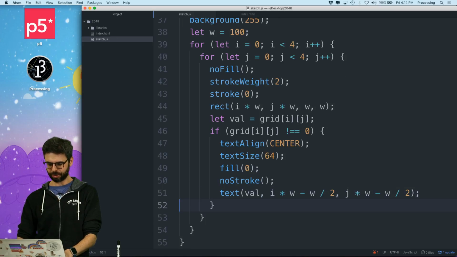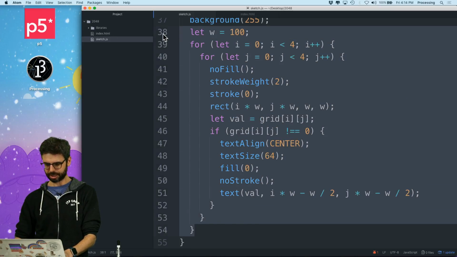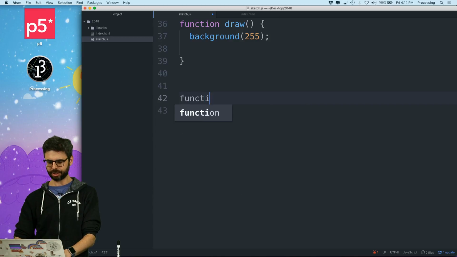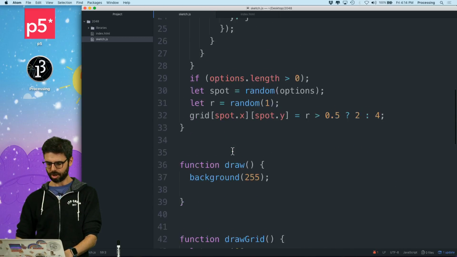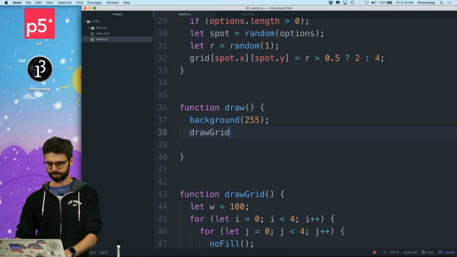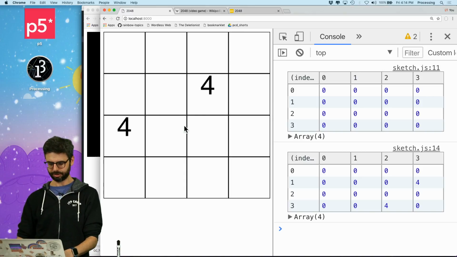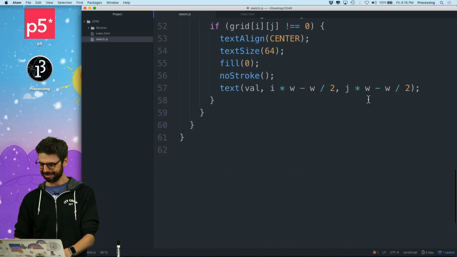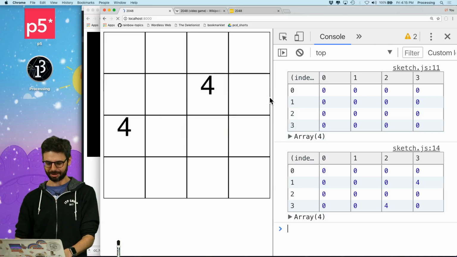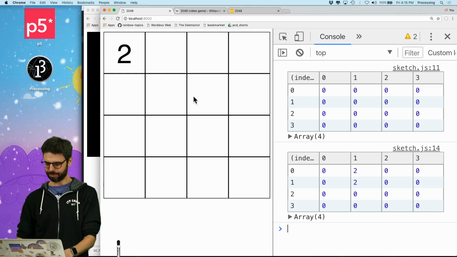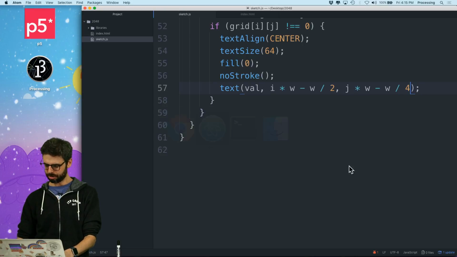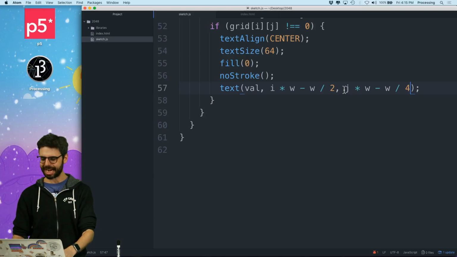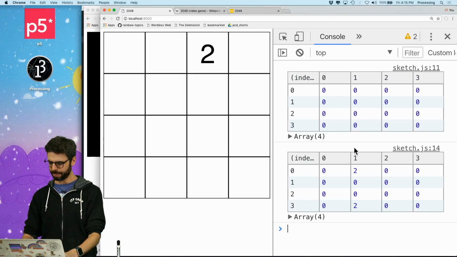And I should just put this in its own function to get out of here. Function draw grid. And I'll call that in draw. So let's see how this goes. Hey, that's not so horrible. I've seen worse. So let's, minus W divided by 4 about. Whoops. Oh, what happened here? J times, oh, wait. Does the text draw from,